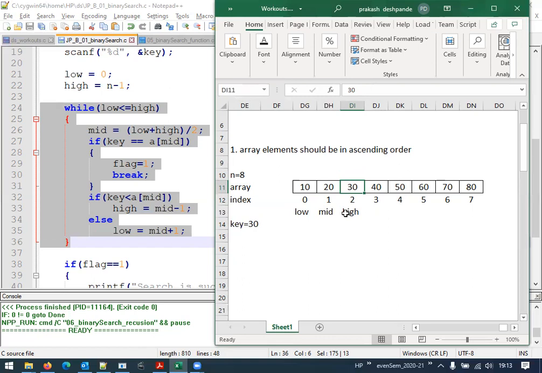So what do we need to update? We need to update our low value. Low is going to be mid plus 1. Mid is 1, 1 plus 1 is 2. So now low and high both are pointing to the same position.